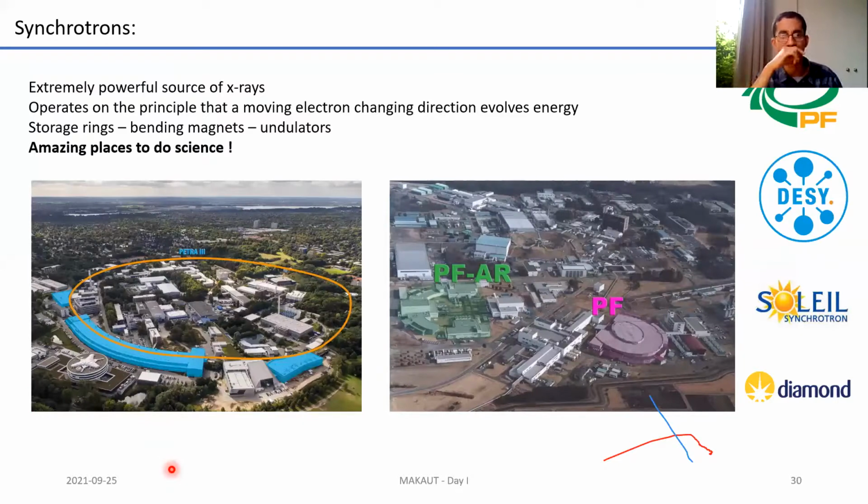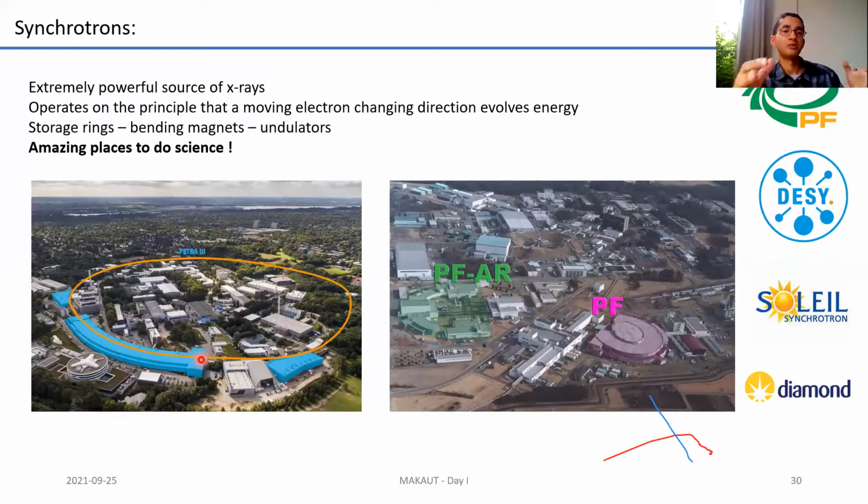There's another small case study. Synchrotrons are these amazing places where you take electrons and accelerate them. You might have heard about particle accelerators. There is one in Calcutta at the Variable Energy Cyclotron Centre at Salt Lake, just next to Saha Institute. Synchrotrons are the next level from cyclotrons. These are huge rings. This photo is from DESY in Hamburg, where I had gone to do a couple of experiments in Germany. And this is from the Photon Factory in Tsukuba in Japan. Both are wonderful places to do amazing science.